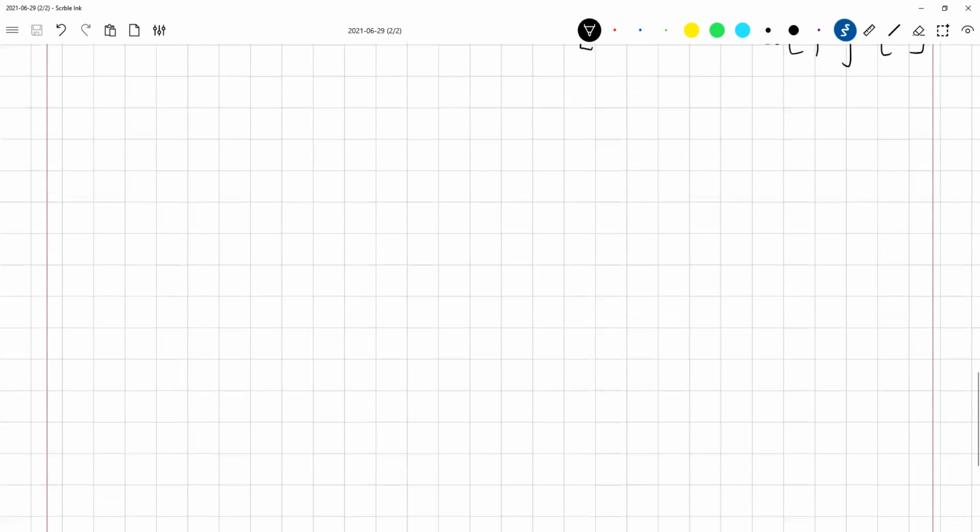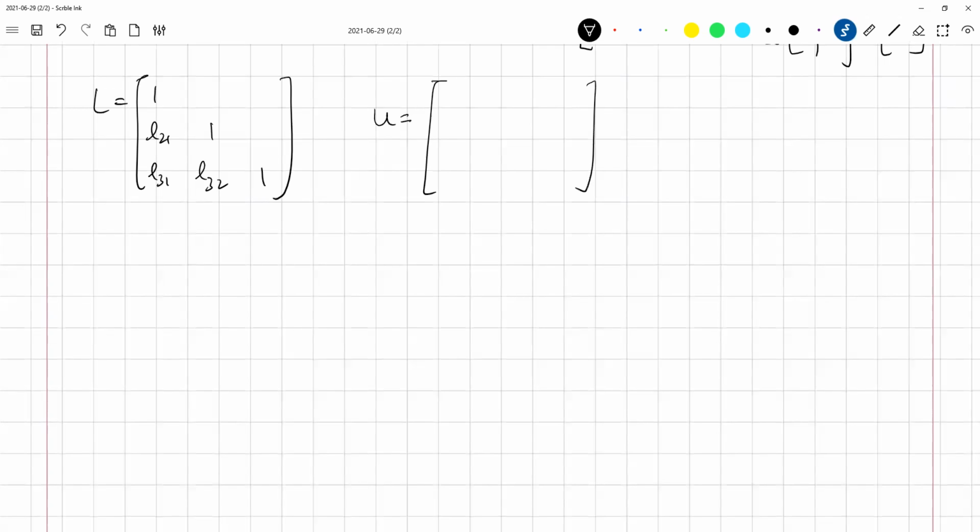So now let us try to do something. If you look at L, what does L look like? L has what components? We have something like this: L21, L31, L32. Okay, this is how L looks like. So how does U look like? U is something like U11, U12, U13, U22, U23, U33. Okay. So there is a little bit of asymmetry in these two sets of equations, these two matrices. Okay, what is the asymmetry here?